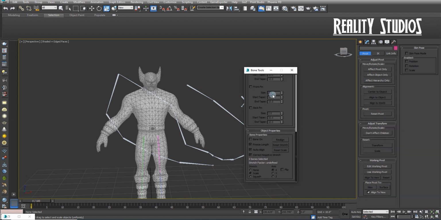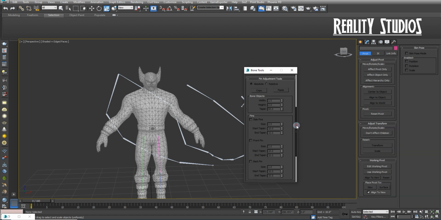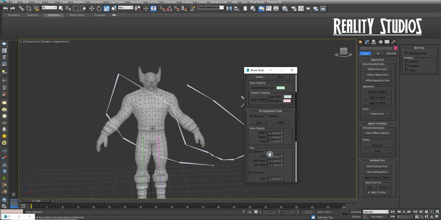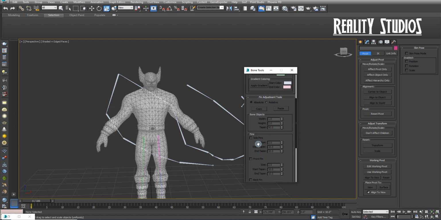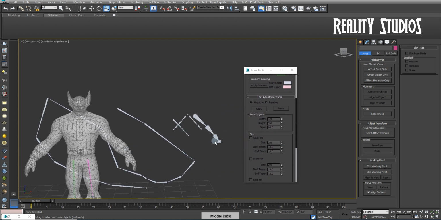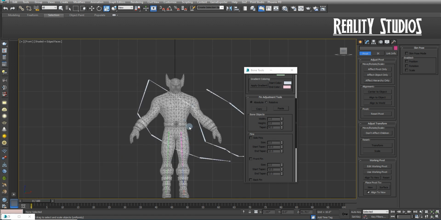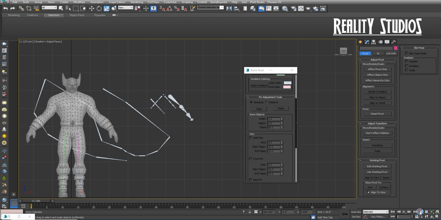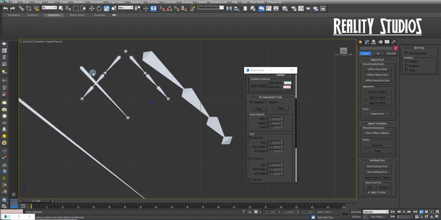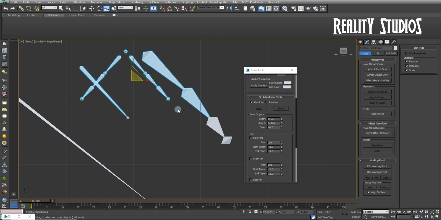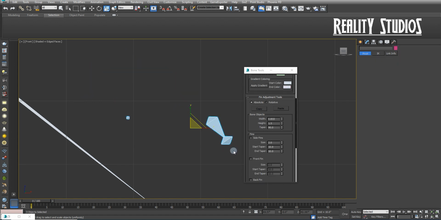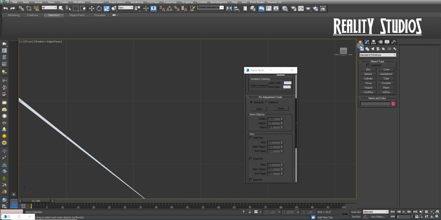Okay, so in the last lesson, we covered up until the bone object tools. The next thing we will need to know are the fins, what the fins are for. So I will just enter my front view, come over here, and delete this stuff we made earlier on. I'm just going to delete these. And then finally, what we are going to do here is create a simple bone